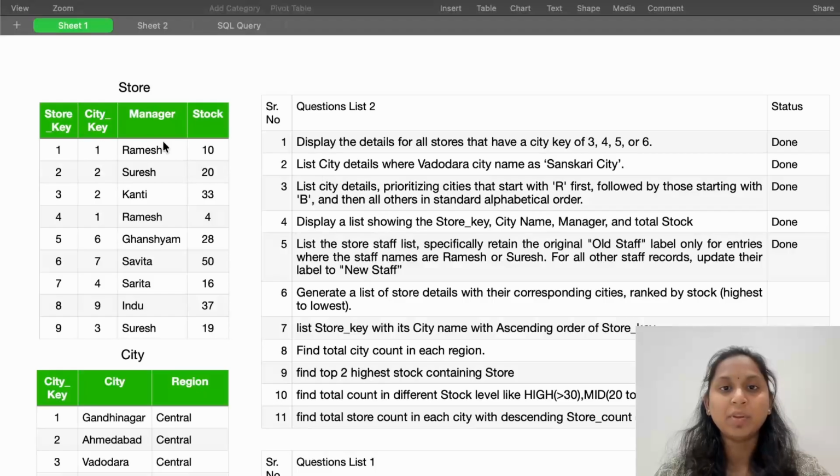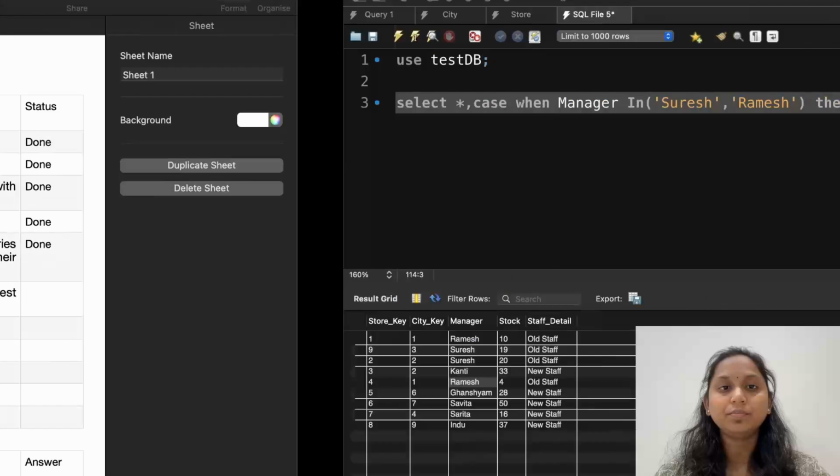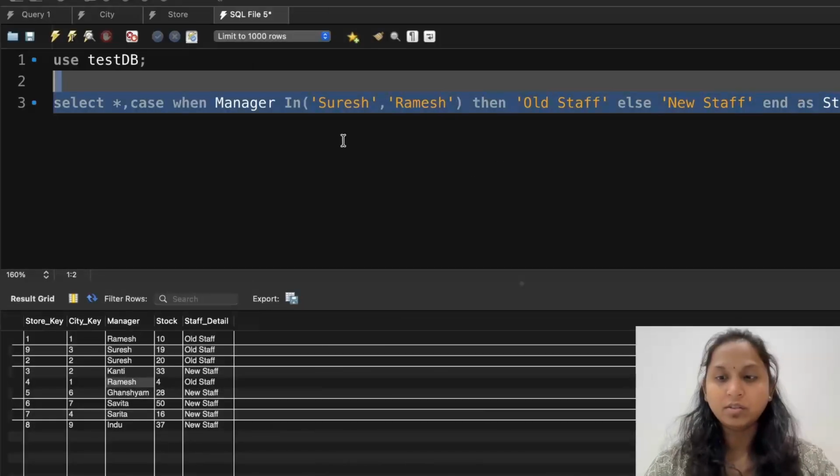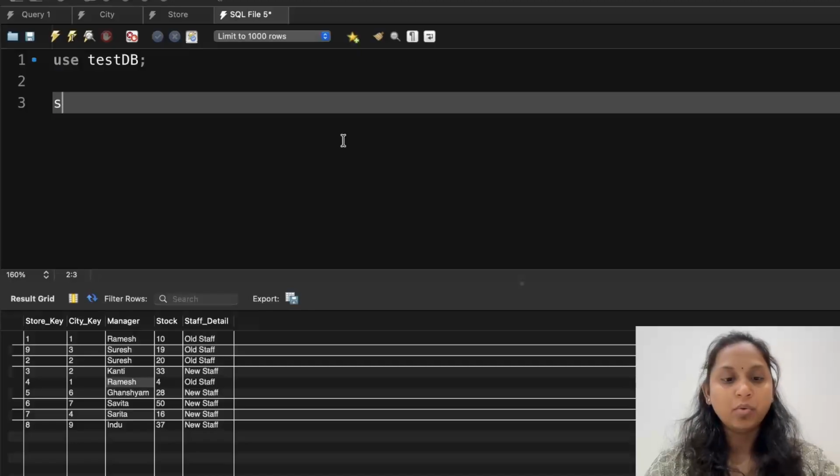It will be the same as that. The only difference is that after this we have to do an order by on stock. Fine. Now go to that. We have removed that, so we have to write it again. So how can we do that? Select store key. Then next, they expect the corresponding city, meaning they expect us to write a city name, city from